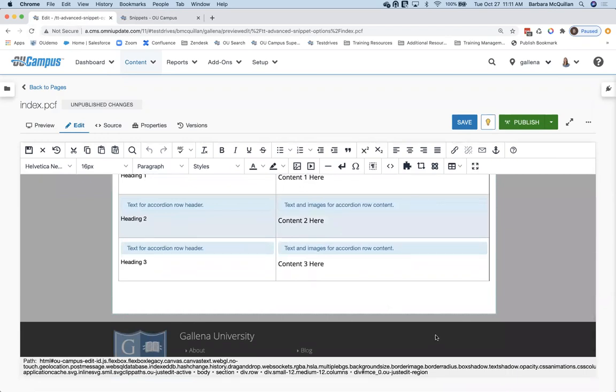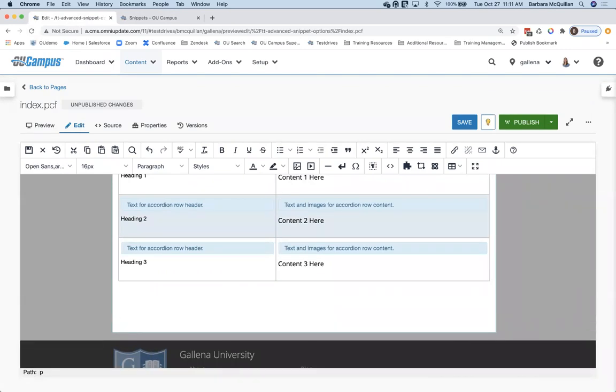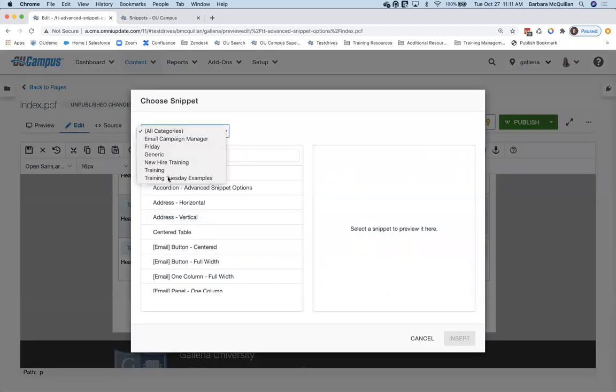I'm going to place my cursor. Notice I'm going to place my cursor all the way here in this little teeny tiny space so I can hit enter. One of the advanced options I'm going to show you in just a little bit is how to add a table separator, so that way you can more easily get above or below tables that are inside your editable region. But so here we go. So here I am underneath. We'll go ahead and insert that snippet again.